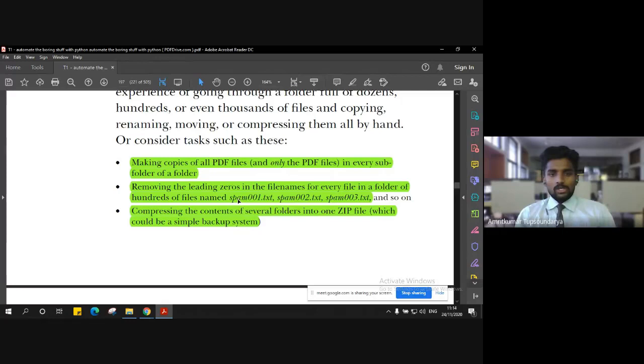So these files sometimes, if they are not organized well, then how can we automate this thing? How can we make a Python program do this file organizing process, right? So for that we need a few things which will be handy.